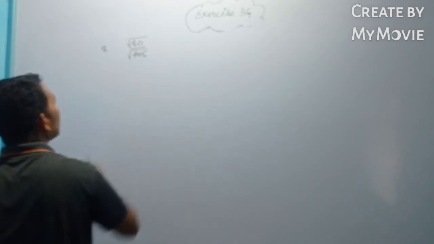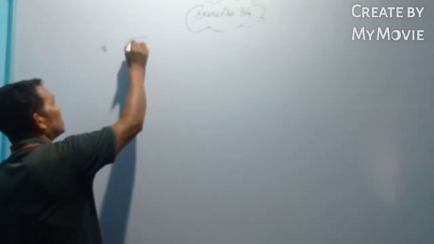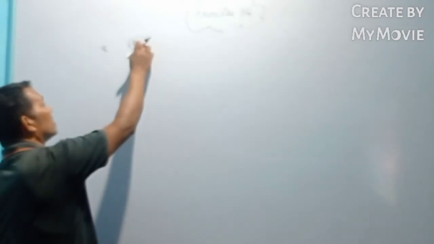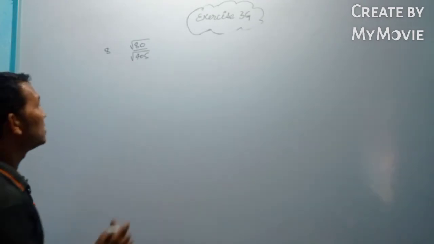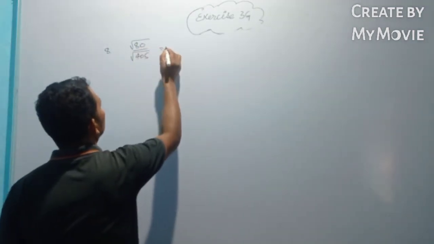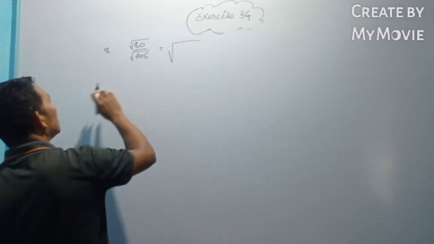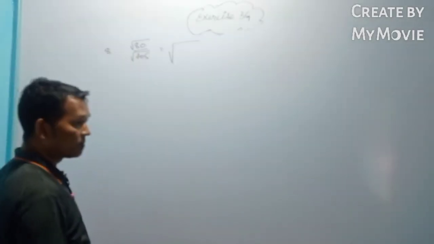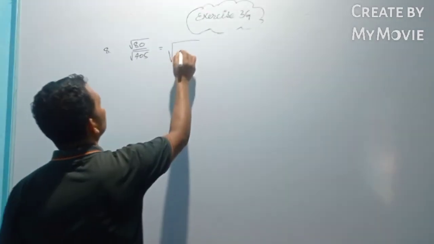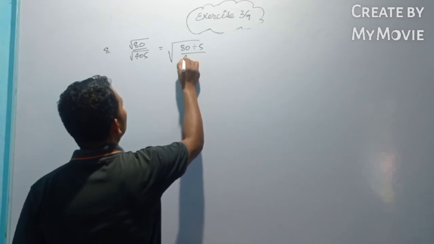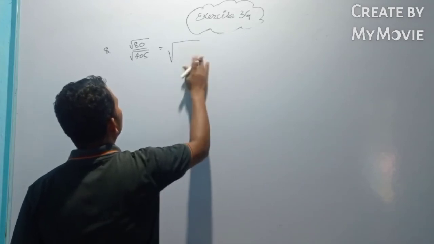405. You know that a perfect square number does not have an odd number of zeros. So here in 80 we have an odd number of zeros, so 80 is not a perfect square. So first of all, we have to convert this ratio into a perfect square. For that, we'll have to divide the numerator and denominator by the same number. Let us divide it by 5.